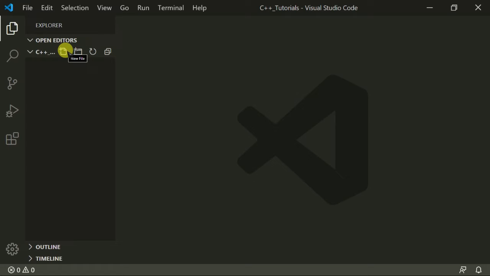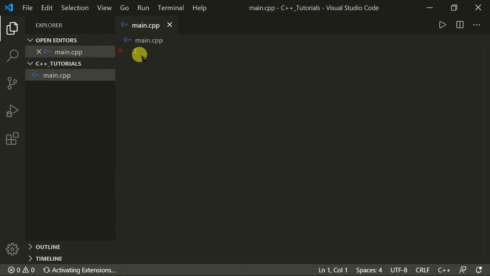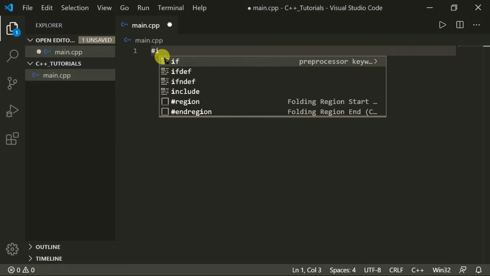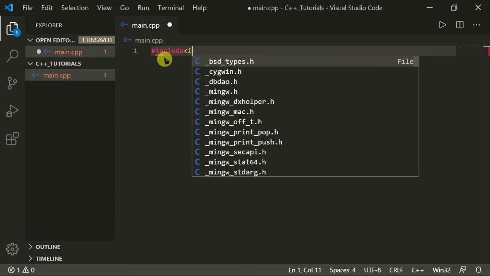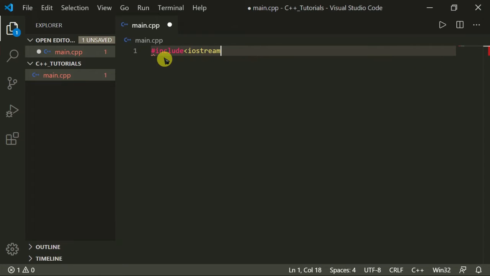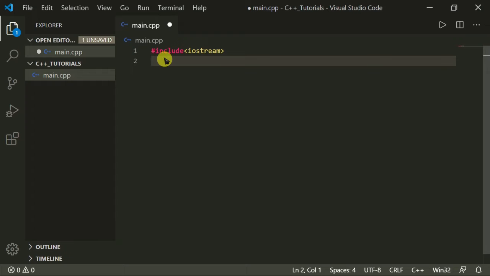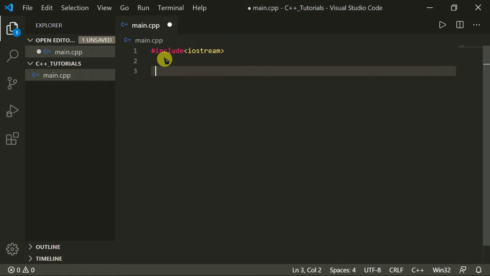So first we will create a new file to write a program and give it the name main.cpp. Okay, cpp means C++. In this file we will write our program, and in C++ our program starts with #include <iostream>. Okay, and after that use int main,